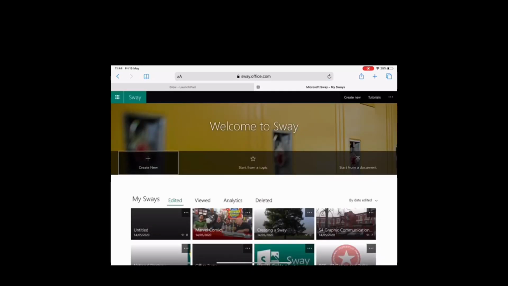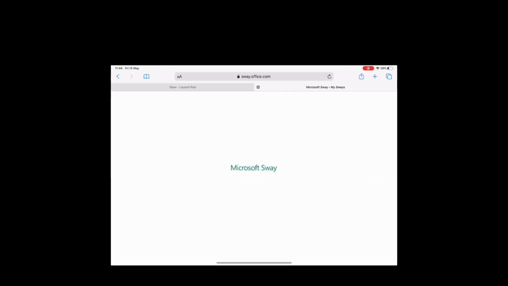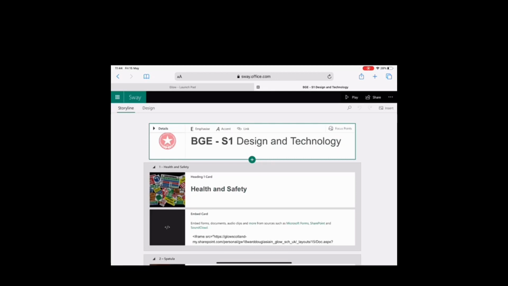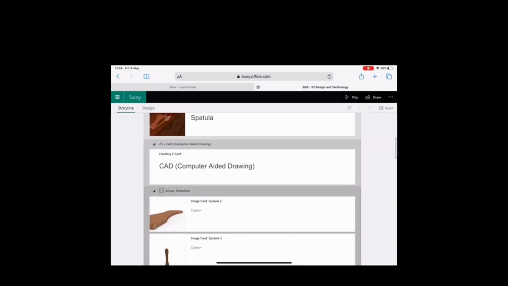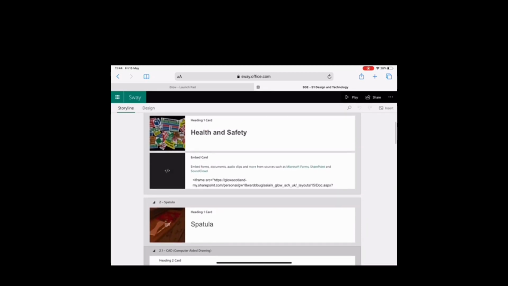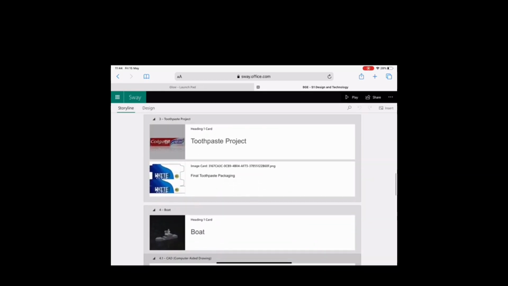Now we will get three options. You get Create New, Start from a Topic, and Start from a Document. But first, I'm going to show you one I've made up for my first years for their design and technology. As you can see, there are different cards for images, embedded documents, videos, and different